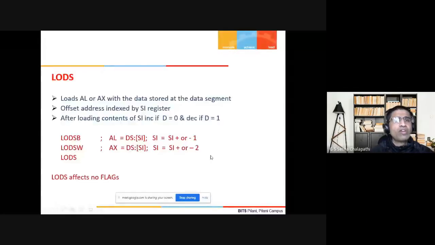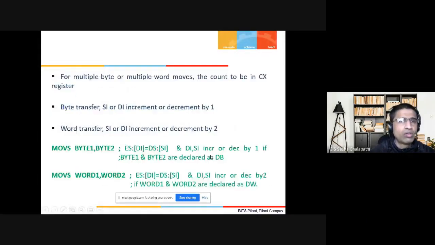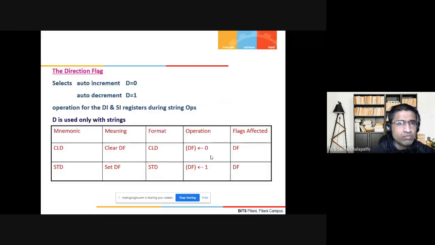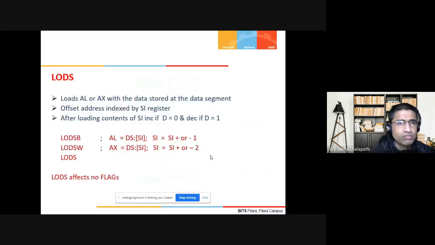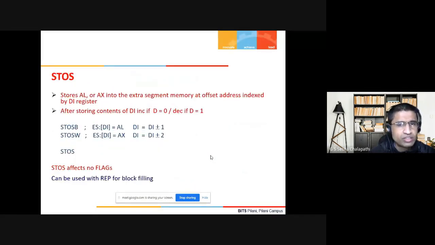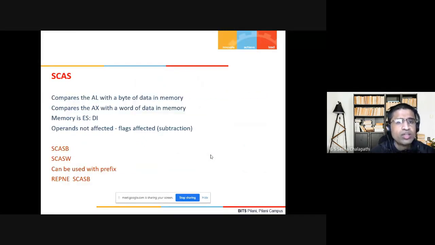We looked at MOVS, and we also looked at LODS and STOS. The next instruction that we need to look at is SCAS. Now SCAS is a very interesting instruction. So it is very useful.